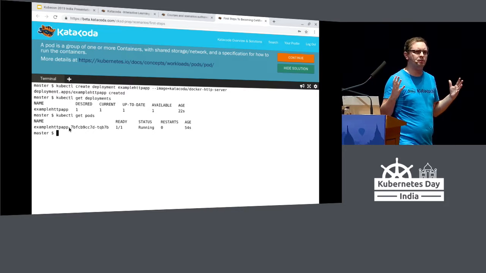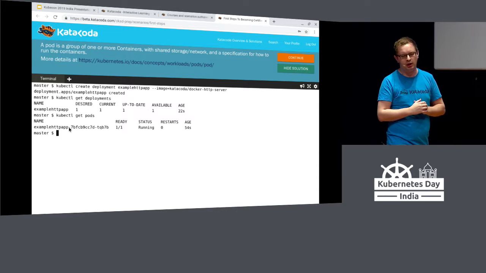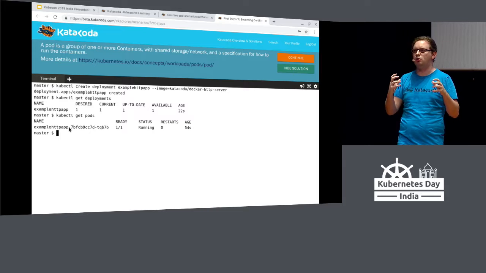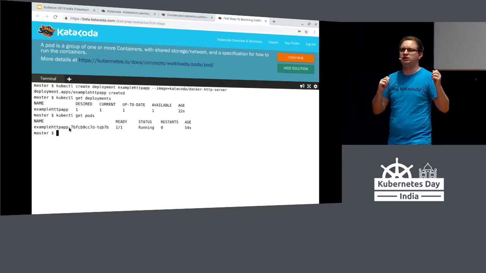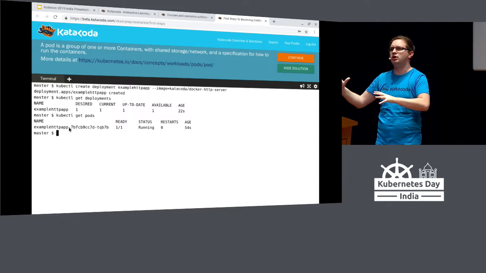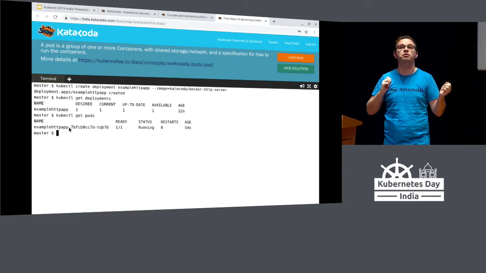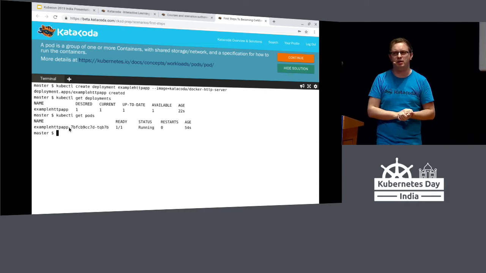Now, a pod can be made up of multiple containers depending on the requirements of your application. And this allows you to have a lot greater control in terms of how your application is architected, and is great when you're migrating from existing systems into a Kubernetes world. Being able to structure your pods to match more closely to how your current systems are architected is a great advantage of what Kubernetes can bring.